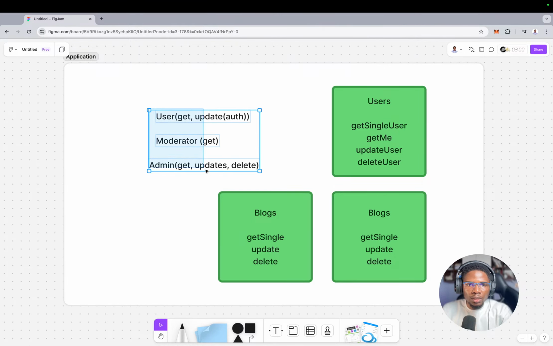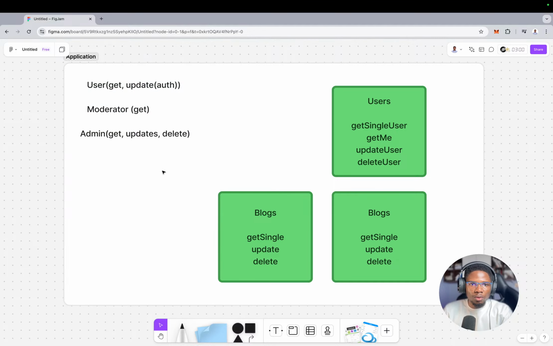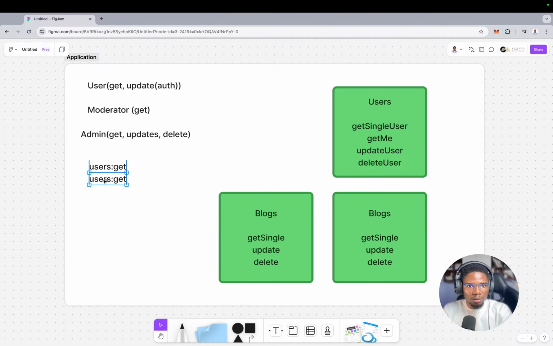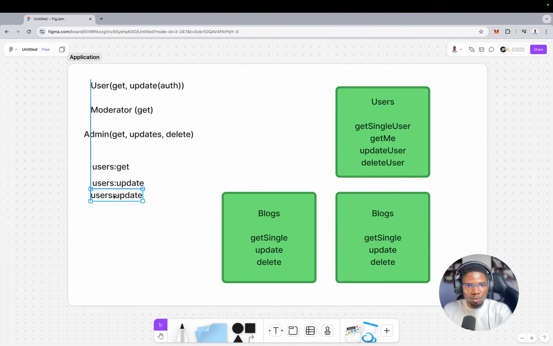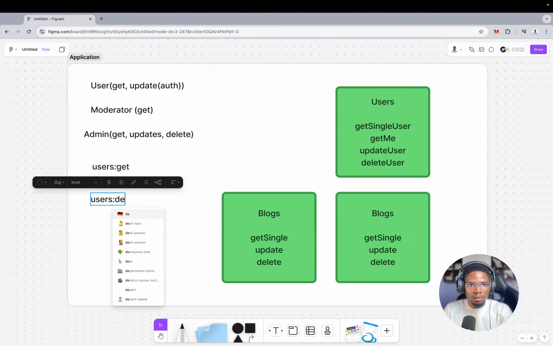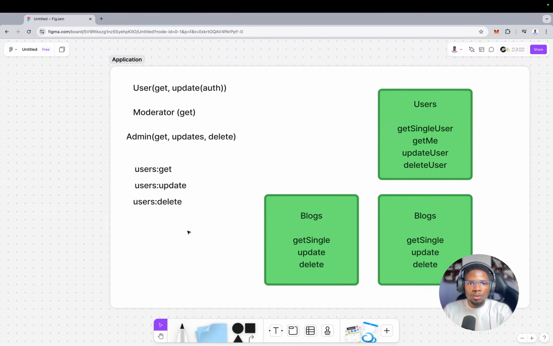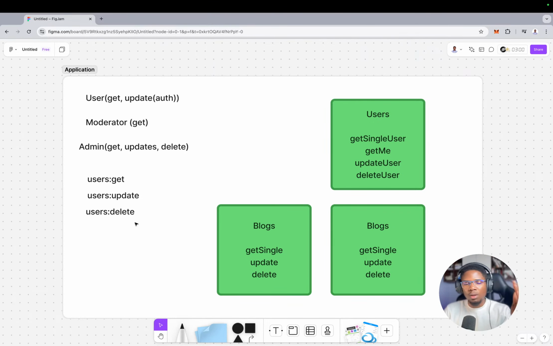So instead of listing out actors, we will say for users we want a get permission, then we want the updates, then we also want the deletes. So now it doesn't matter who has this particular permission. If a user is coming and we can say that this particular user has this permission,